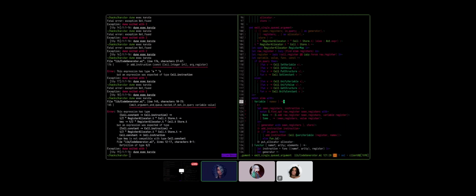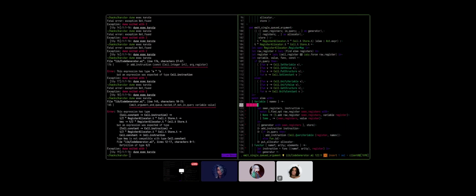It's saying that the from fun is advanced. Why? That I have no idea. But it is saying here that it is more advanced. Let thing equals lazy dot force thing in.